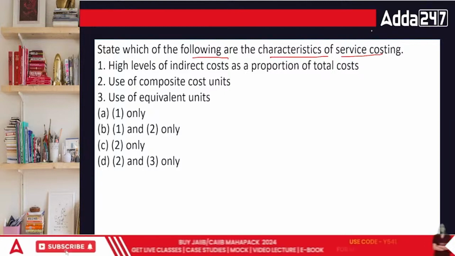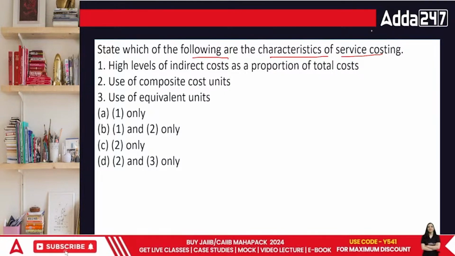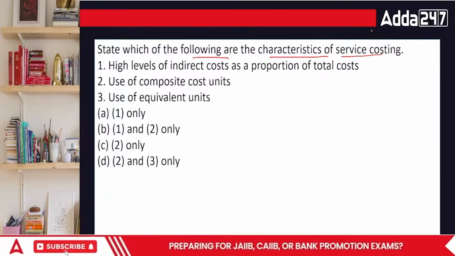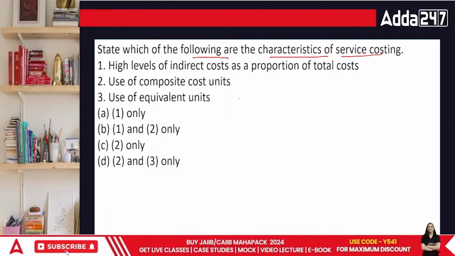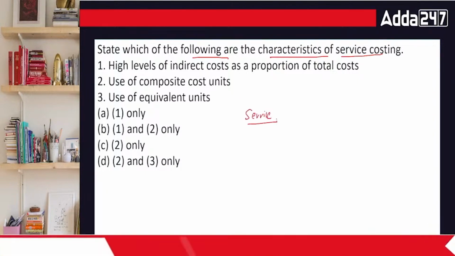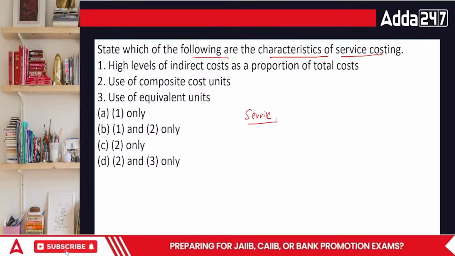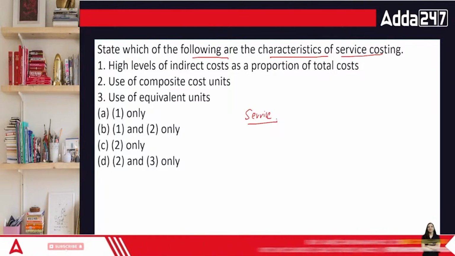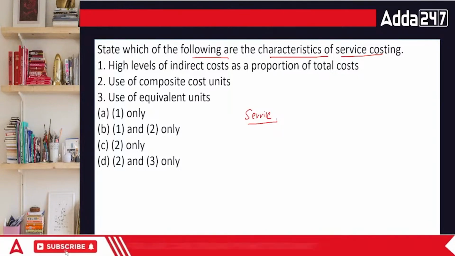Service costing is a costing format which is based upon only one thing, the services that we are providing. It is also called operating costing. This is a kind of costing in which we are not making a good. If I am making a good, then obviously you can find the cost of it easily. Cost of material, cost of everything can be separated properly. But in terms of